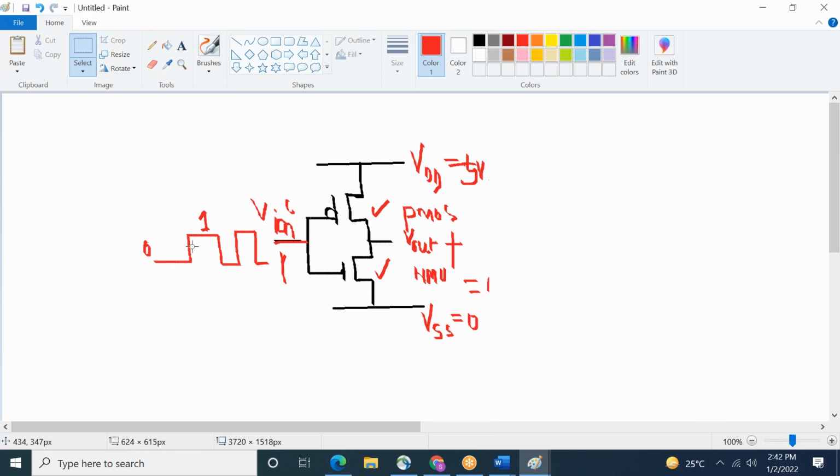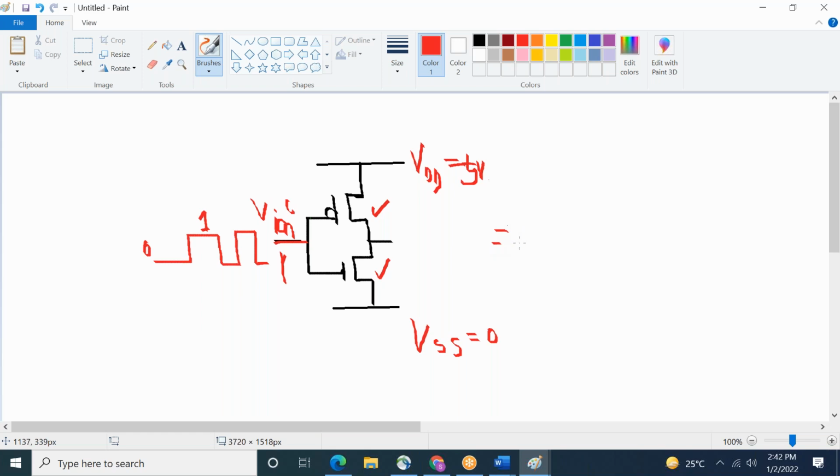So you are sending 0. What is the output you are getting? 0 means this one will be turned on. Always remember, these are called switches. PMOS and NMOS are one type of switch.